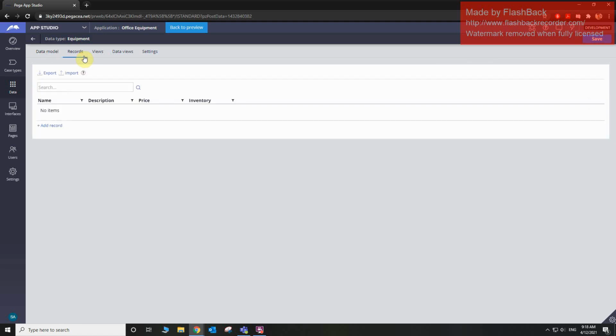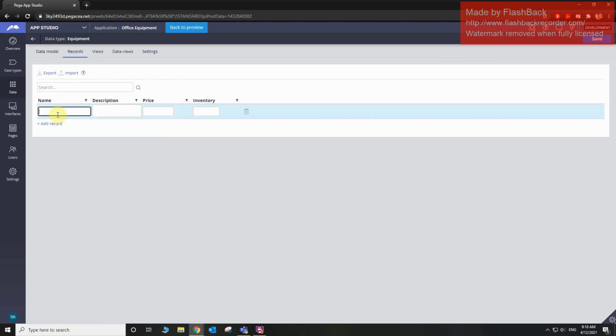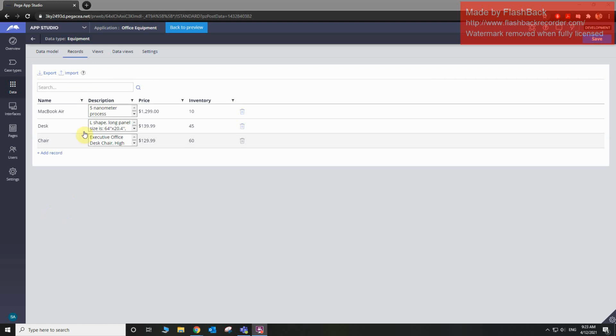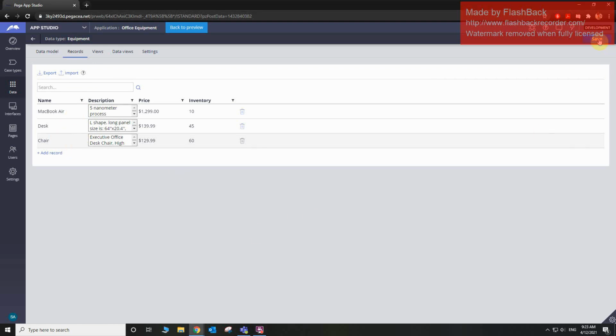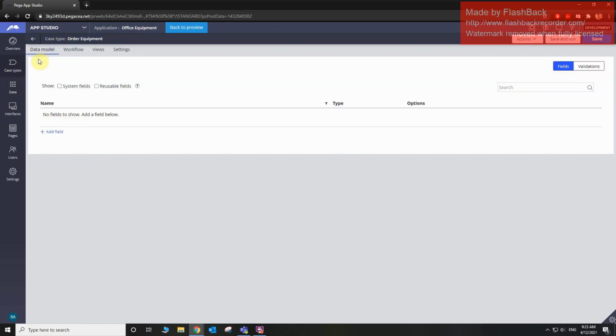Okay, now let's add some records. For the proof of concept, I added MacBook Air, desk, and a chair. Now let's go ahead and save it. So what we want to do next is to display those items for users to select from, right? So if we go back to our case type,